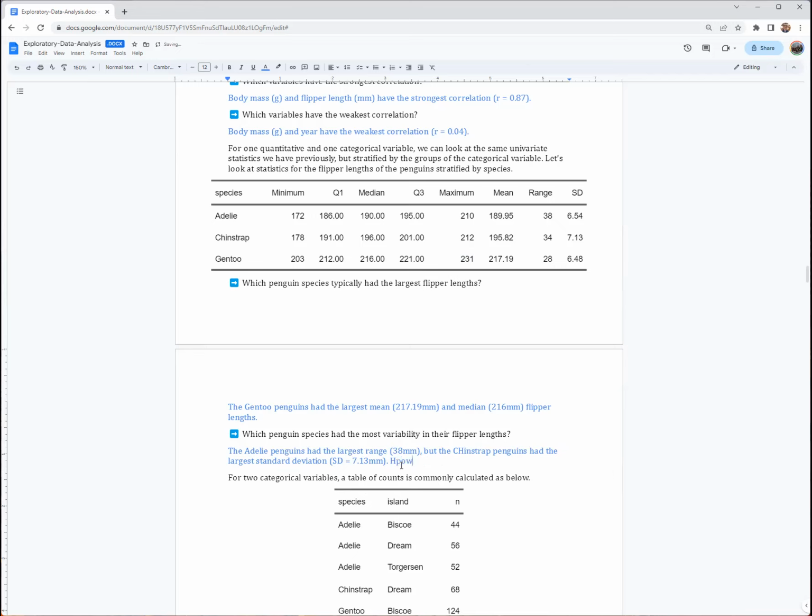All right, and let's see which one had the biggest range or IQR. And the IQR is the difference between the Q3 and Q1. Okay, so here that looks like the difference between this number and this number is 9. The difference between this number and this number is 10. And the difference between this number and this number is 9. Okay. All right, so 10 is the biggest. Okay, so chinstrap penguins, it's all very close though. Chinstrap penguins with an IQR